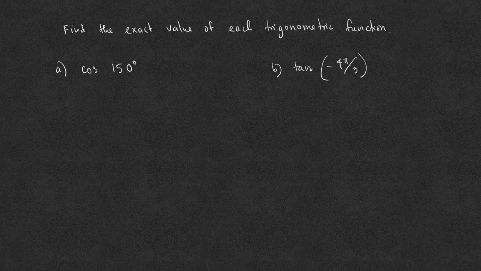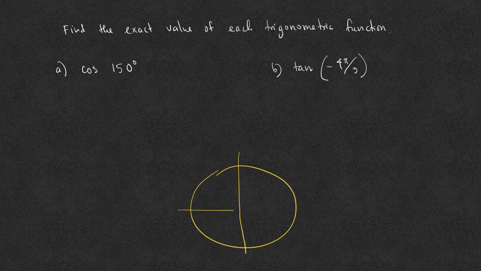Find the exact values of each trigonometric function: cosine of 150 degrees, tangent of negative 4 pi over 3. When we find the exact values of these trigonometric functions, it helps to refer to the unit circle that we constructed. At the minimum, we should know the special angles: pi over 6 or 30 degrees, pi over 4 or